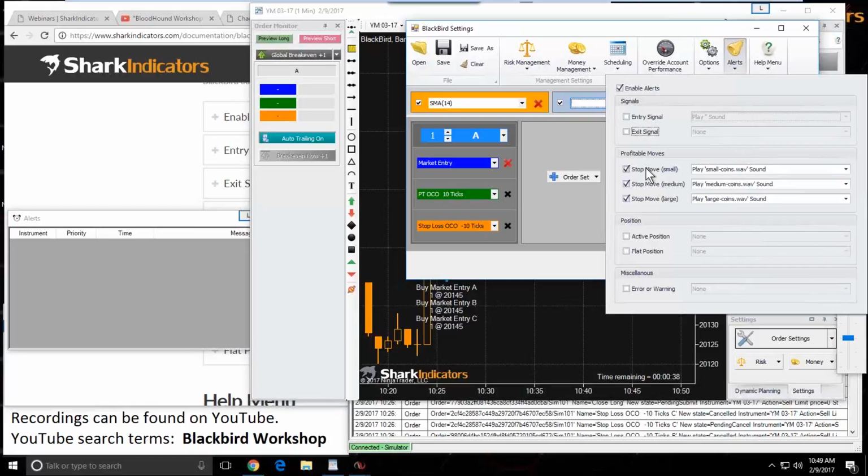So we have also incorporated the same type of audio feedback for BlackBird. But with BlackBird, we've added 3 different movement sizes. So there's a small, medium, and large. If your stop loss is moving just a couple of ticks, just inching along, you can define a sound that tells you there's just a very subtle move in your stop loss. If your stop loss makes a bigger move, somewhere around 5 ticks, a medium movement, so if your stop loss makes a nice big 5 tick jump, then